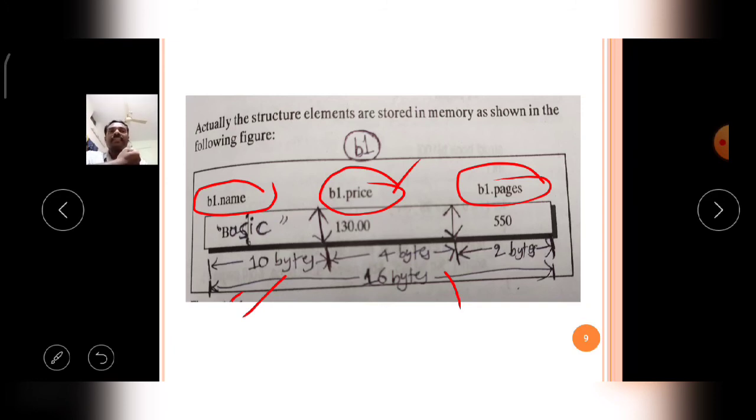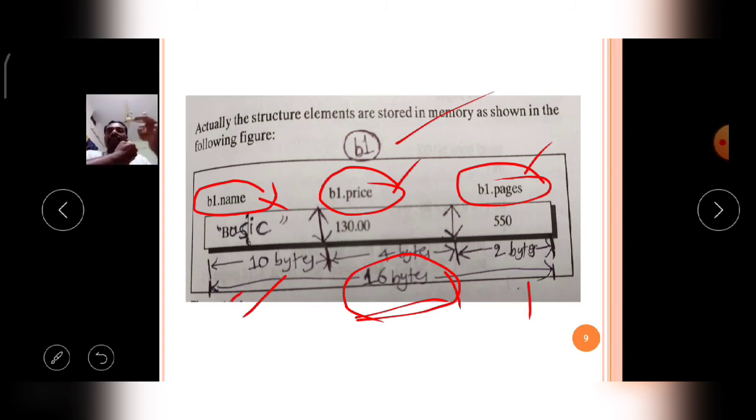Then afterwards it stores 2 bytes for B1 dot pages. So totally, B1 dot name 10 bytes, B1 dot price 4 bytes, B1 dot pages 2 bytes. Totally it stores 16 bytes of memory for the B1 variable internally. This is the very important concept of structure variables memory allocation.